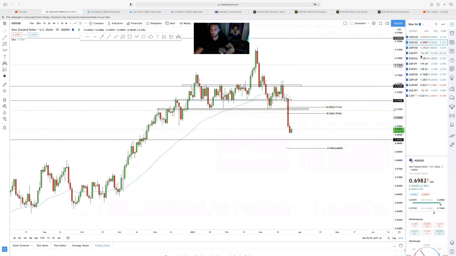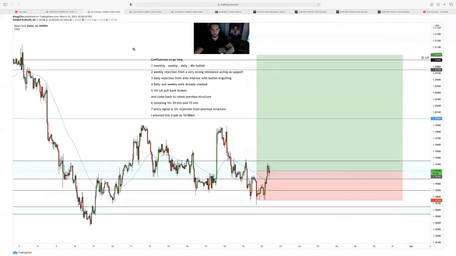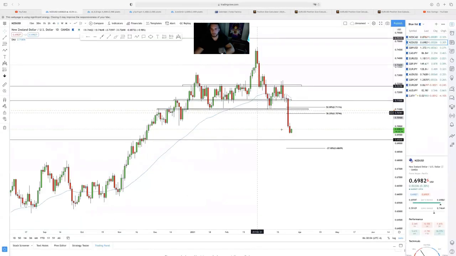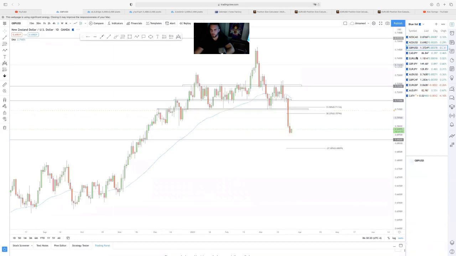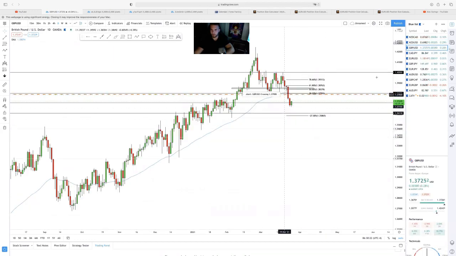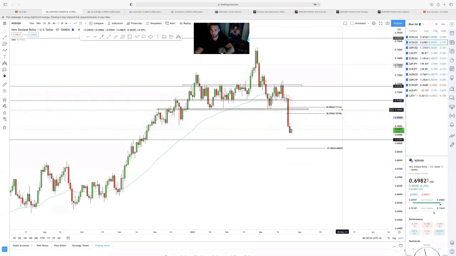If you know how I always write down the confluences, these were all the confluences that I went long on Euro USD. Find me this many confluences here to go long. There won't be any at all. To go short here, there will be the equal amount. Does that make sense, guys? That's as simple as it gets. Same thing here. Waiting for this retest. I have my alarm set on all of them, so it's just a matter of time till they get hit. And it's looking like today